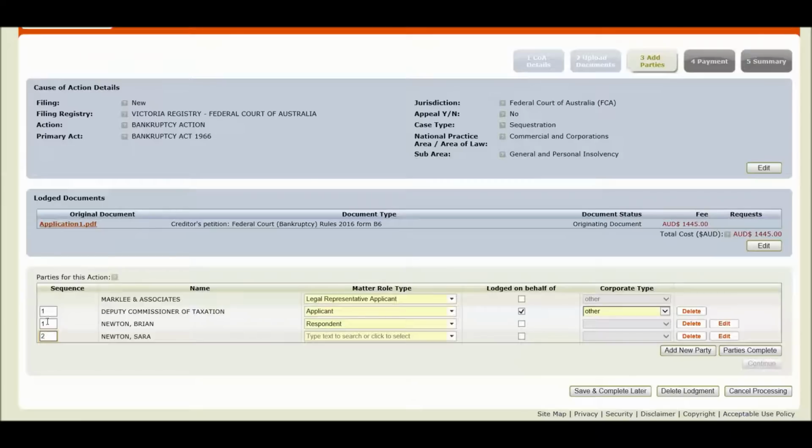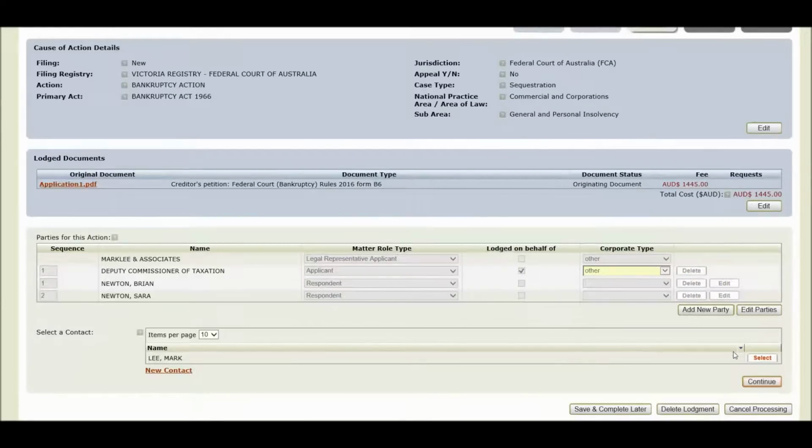You can see I have full edit capability over here to change the sequence number as required. I apply my matter role type, and once I've finished adding all of my parties for this lodgement, I can now choose my Parties Complete button and move to the next stage. I'm now asked to select the contact,